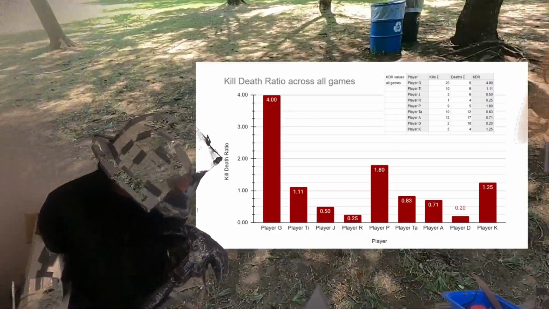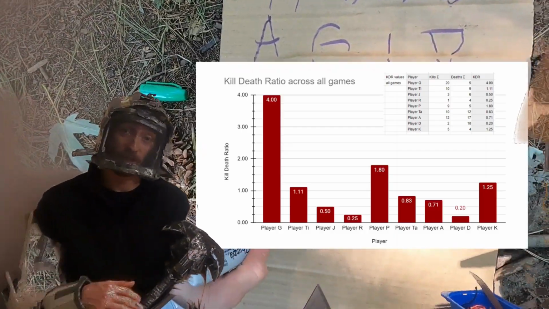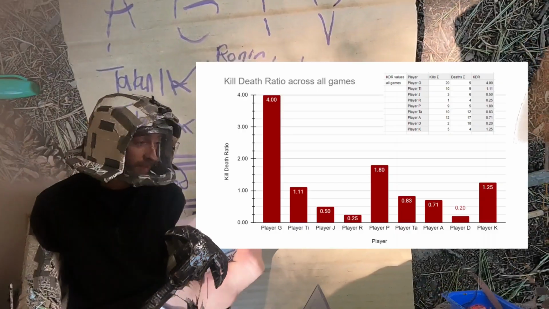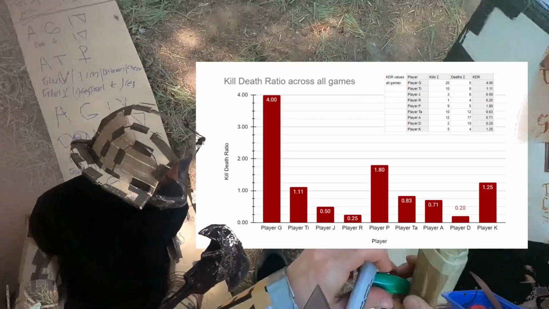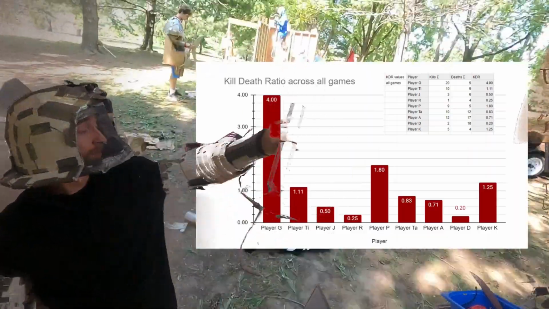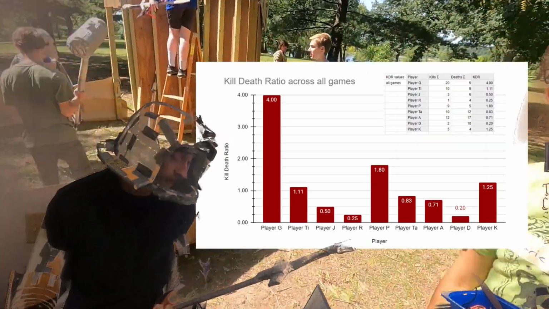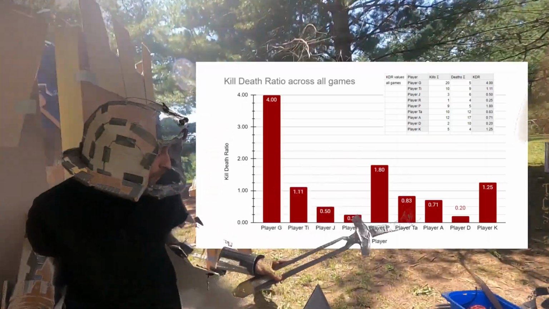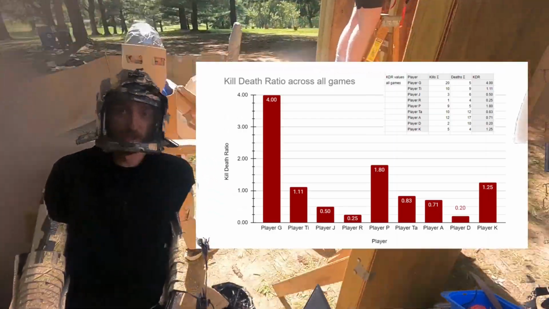Now this one is quite unfortunate. Player D with a KDR of 0.2, that being 2 kills and 10 deaths. They were active, but not in the traditional combat way. So if you are a flag carrier and you're running with the flag, even if you have weapons in your hand, you actually just can't use them because you're the sacred flag bearer. And so you just have to run away from people.